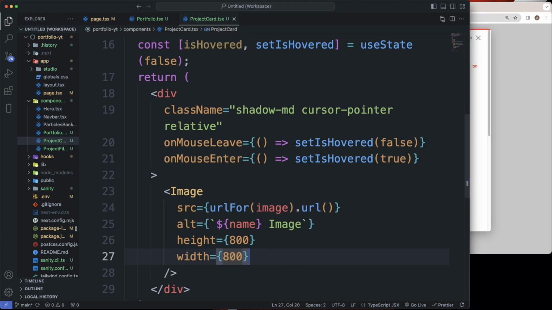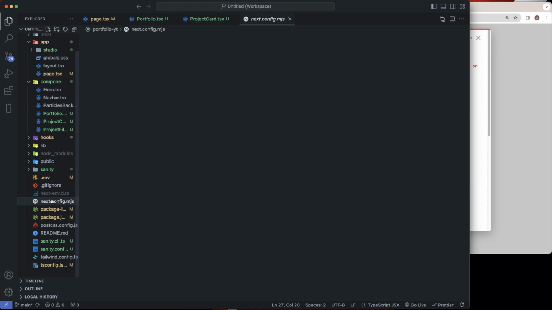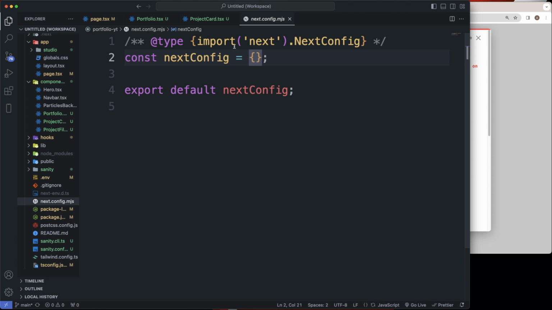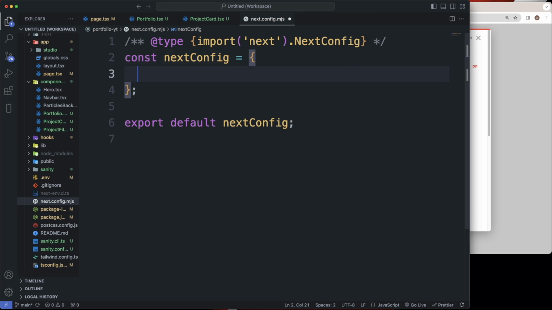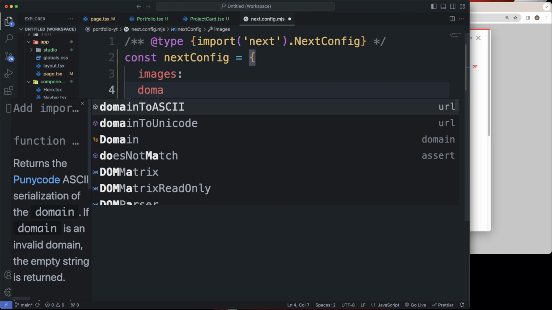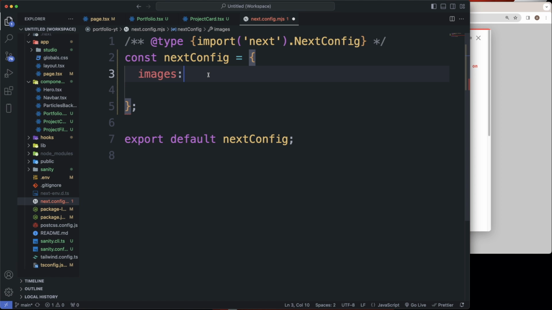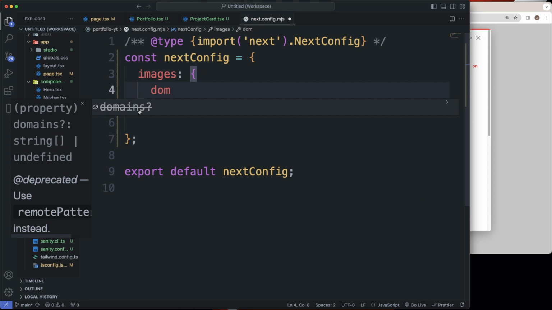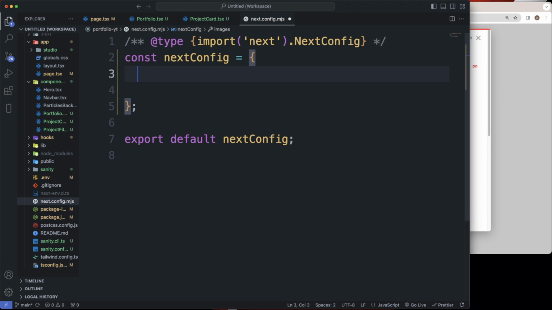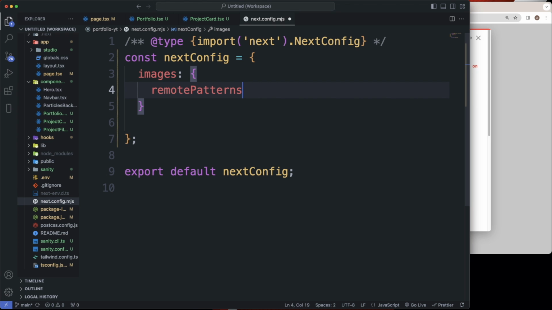Okay, there we go. I thought it might have updated it or something. So let's head over to our next config file. It used to be that you just added domains like this, but I believe that's deprecated now. I think you'd add images, and then you do domains, something like that. That's what we used to do, but that doesn't work anymore. Domains, yeah, see, it's deprecated. All right, so now the new way to do it is images. I honestly don't know why they keep changing stuff up like this. Remote patterns,